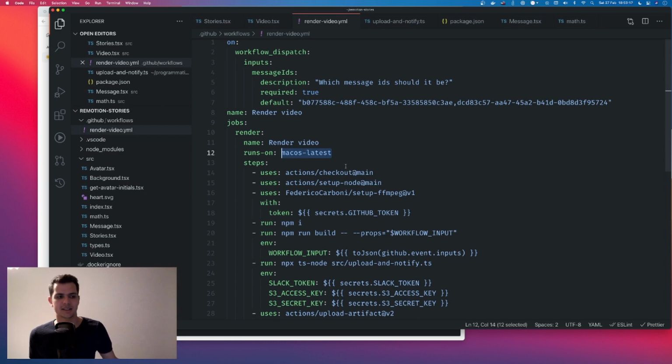It is quite a bit more expensive to run on macOS latest, but you get the nice emojis. So in my case, it was worth it for the emojis. I don't think the Ubuntu emojis are quite as good. Okay, so I commit this file, and